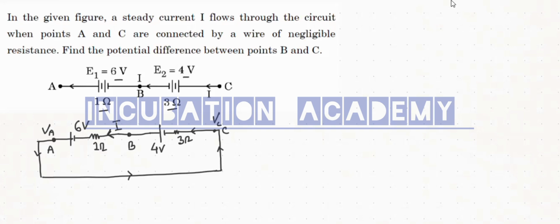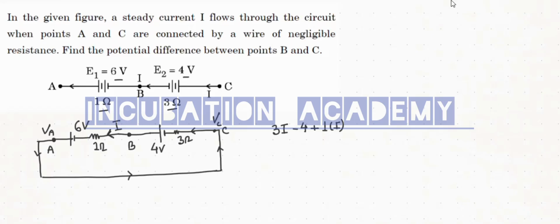Now if I use KVL, Kirchhoff's voltage law, then I can write, starting from point A, moving this way to C. Through the 3 ohm, I current is flowing, so 3I. It strikes the negative terminal of the 4 volt battery first, so -4. After that it is flowing through the 1 ohm, so +1 multiplied by I. Then it strikes the